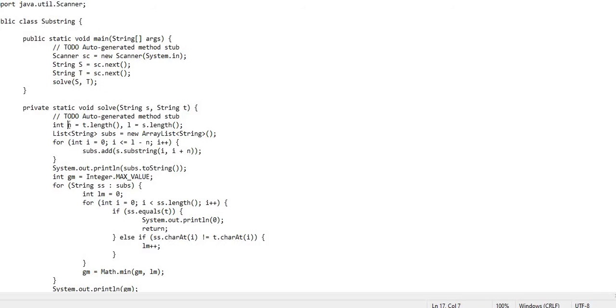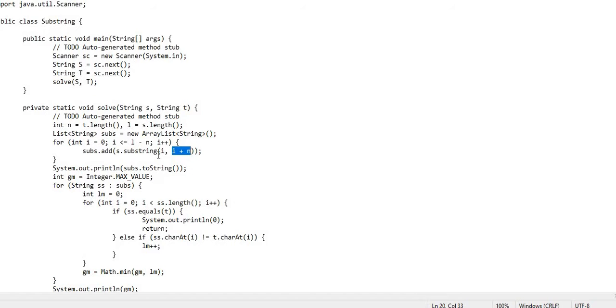Initially in N I calculate the length of my T string, and in L the length of my main string, S. Then I form a list which contains all the slices from the main string S, and I get each substring from the current index to the current index plus the length of T.